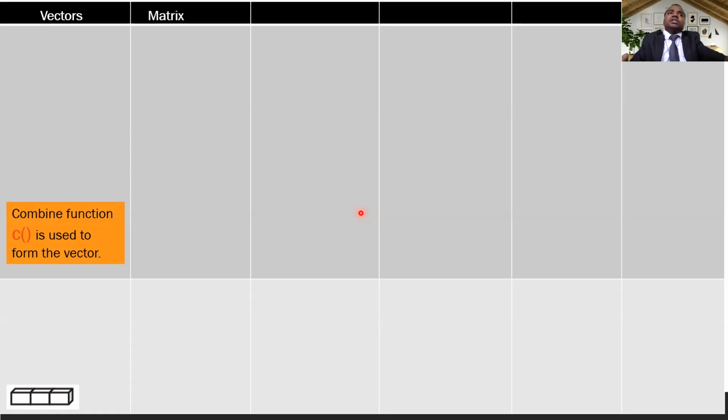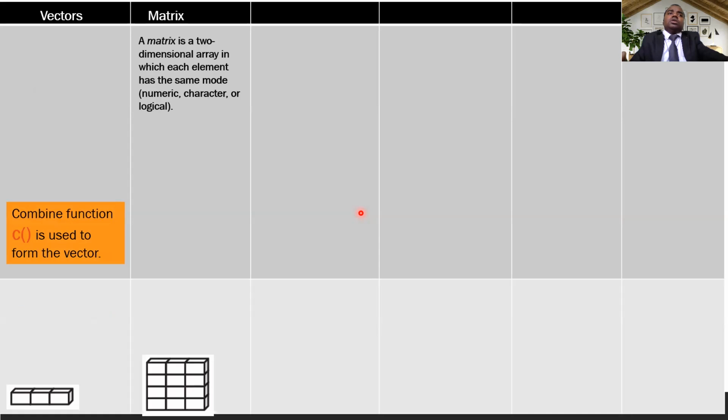Then matrices. A matrix is a two-dimensional array in which each element has the same mode, like numeric, character, or logical. Matrices are created using the function matrix in RStudio.